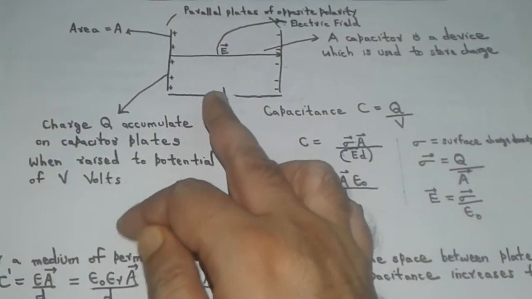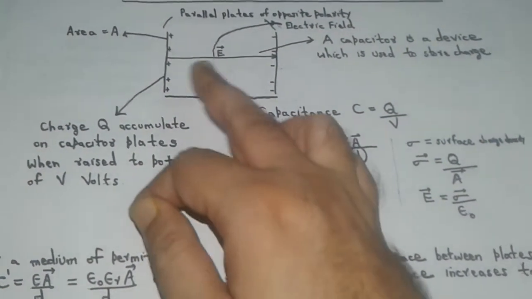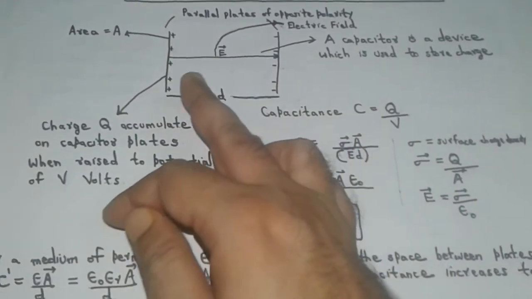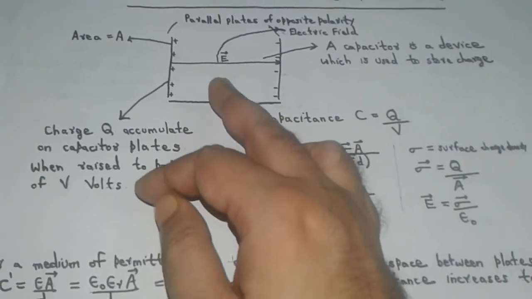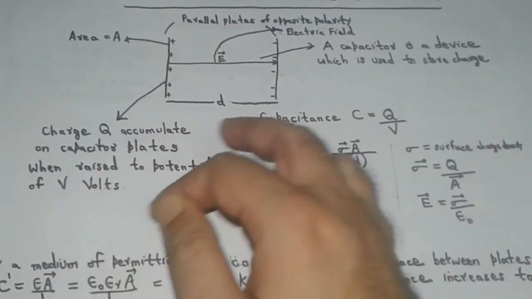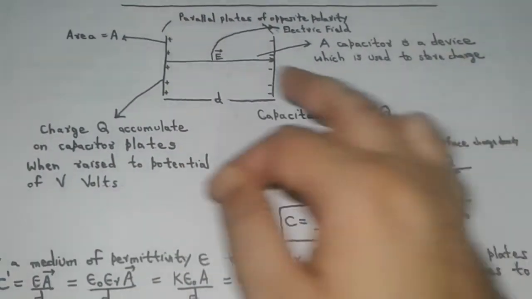Hence, for the same potential difference which was applied when the space between the capacitor plates was filled with vacuum, the charge accumulated on the capacitor plates will be K times